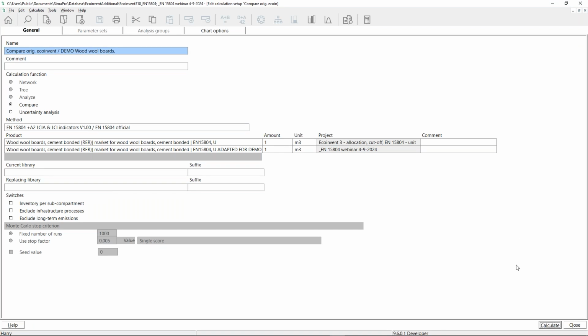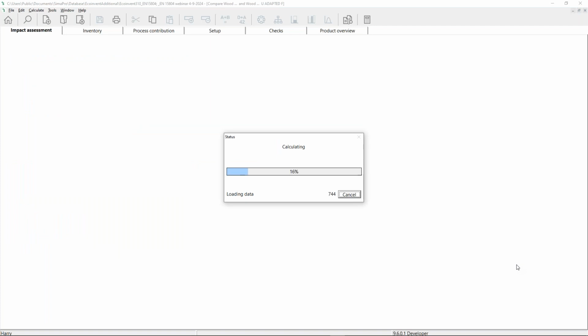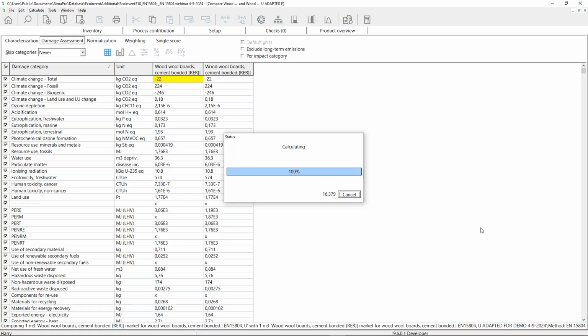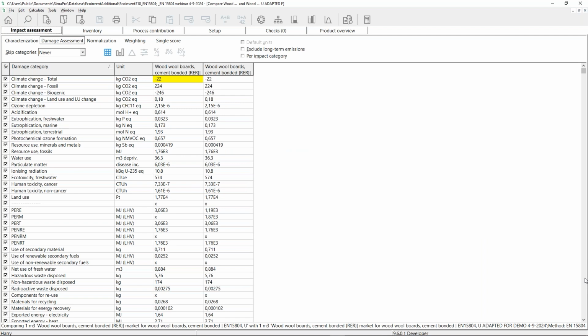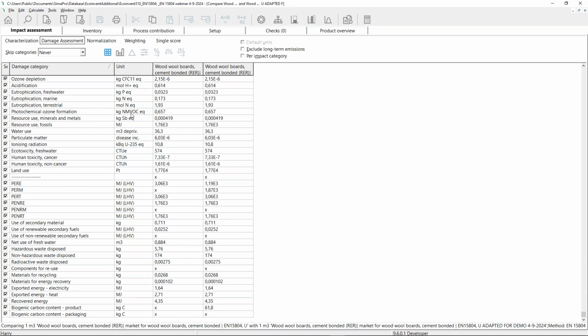So I press calculate now, and it will take a bit of time because I took the unit processes where all the calculations take place. When we have these results, you will see what the differences are, and that should only take a few seconds. And yeah, there it is. Again, I will go to the lower part of the screen, because the upper part will be exactly the same, since it is a one-on-one the same.